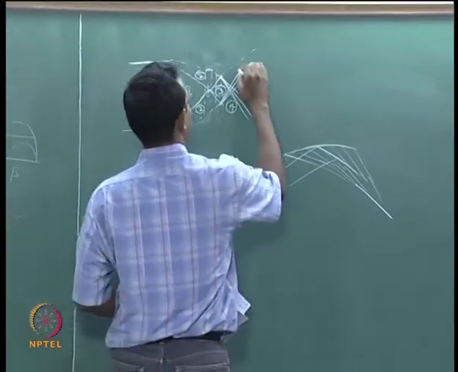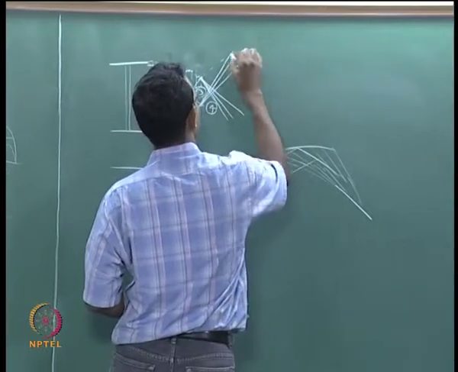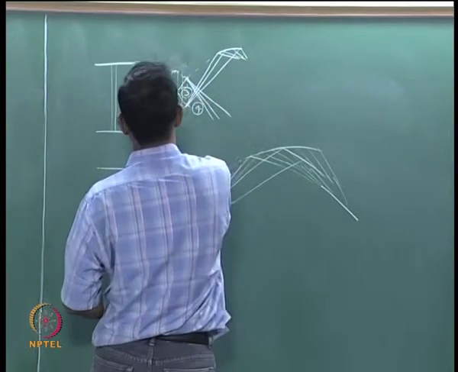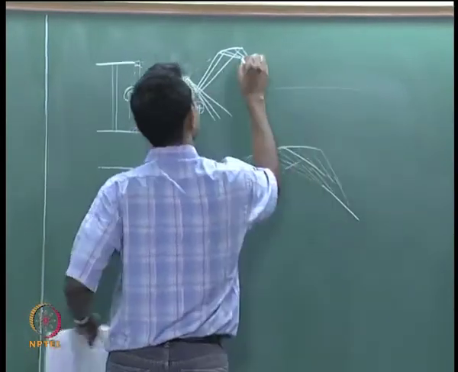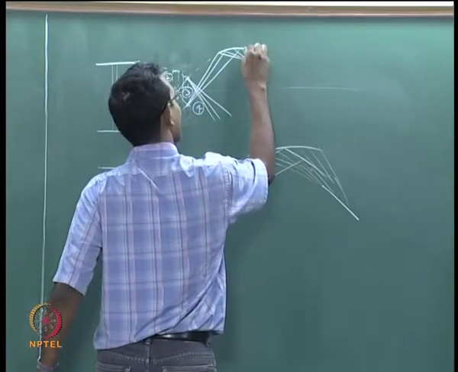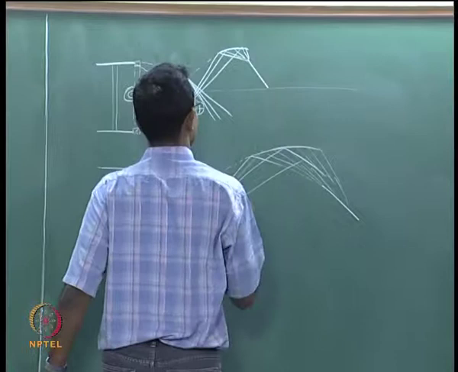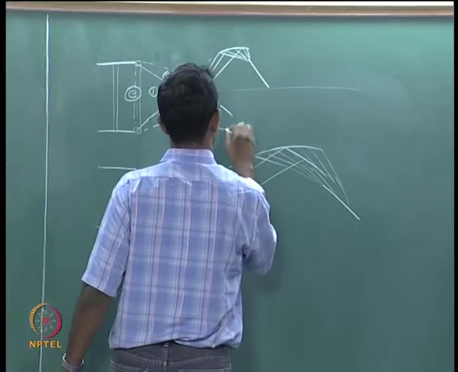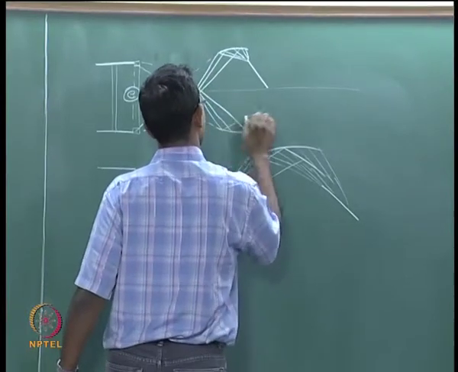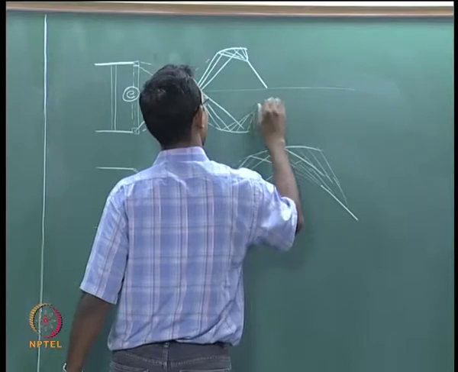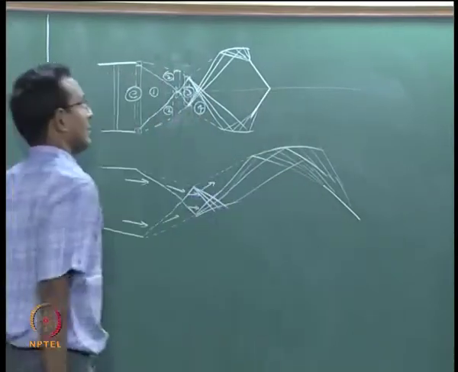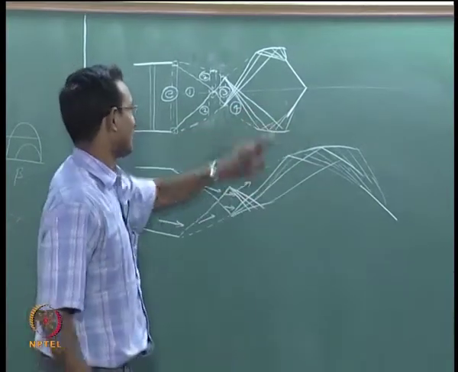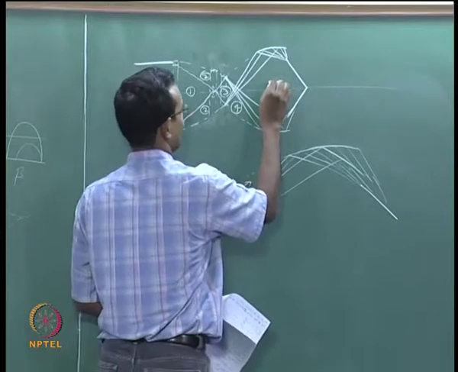This picture seems to be a little nicer to draw, so I will draw this one here. It is smaller, and I will draw my initial axis, and they will form a shock like this. Same thing will happen on the other side. They will all form a shock together. I think this picture is nicer than this picture. Let us just look at this one. And again now I will mark my region 5.